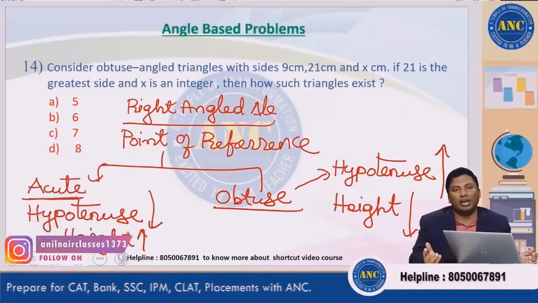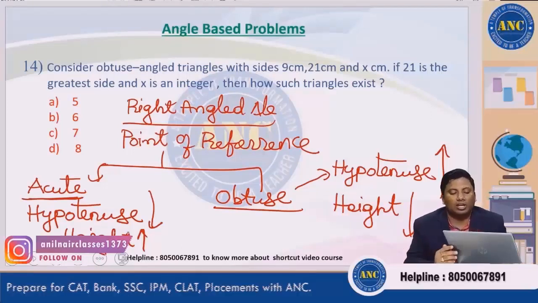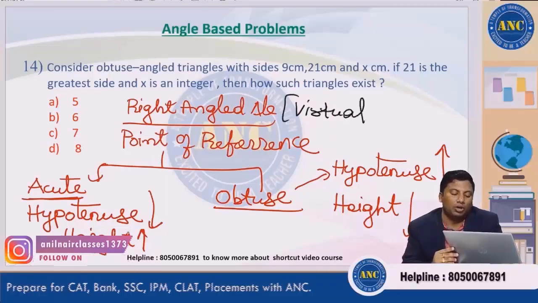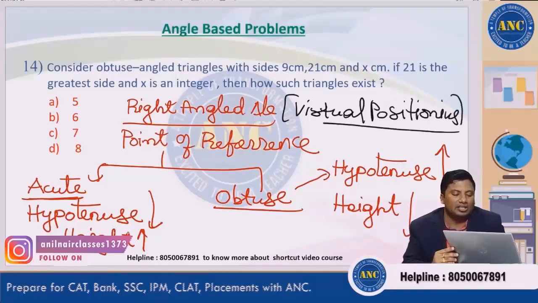You may not be expected to use a square greater than b square plus c square. That is a mathematical method. That is how one generally solves. But once you know the concept of virtual positioning, you will be able to look at the question through a prism never seen before. Virtual positioning is identifying something with a point of reference.